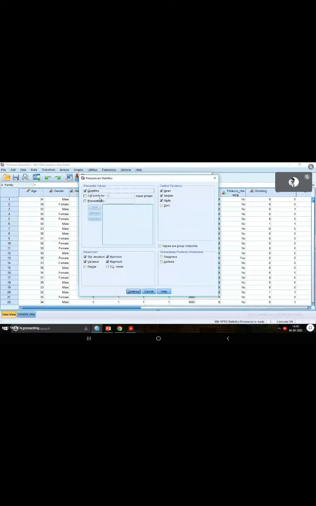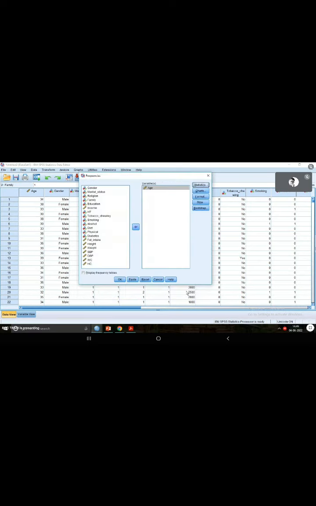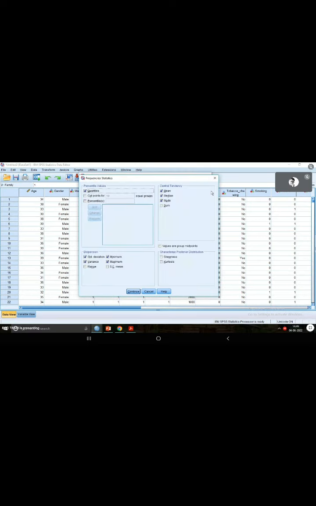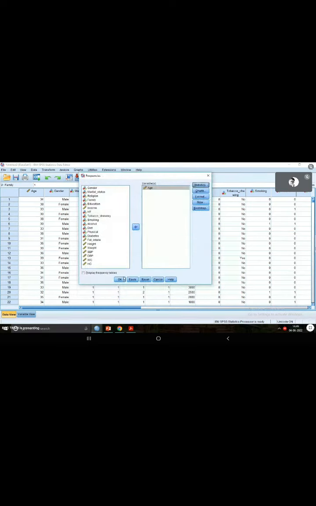Whatever summary measure you want to report, you can click on that and continue. Or to understand, you can just click on everything for now. Don't worry about whether you have to report mean or median. For the time being, you can just see the summary for all the statistics for the variable age.